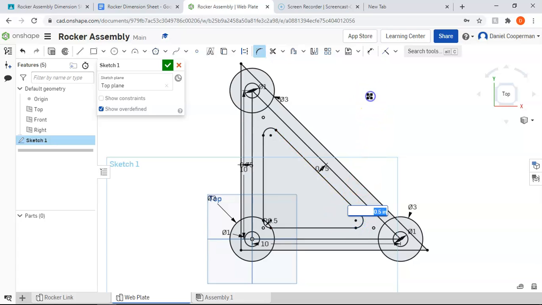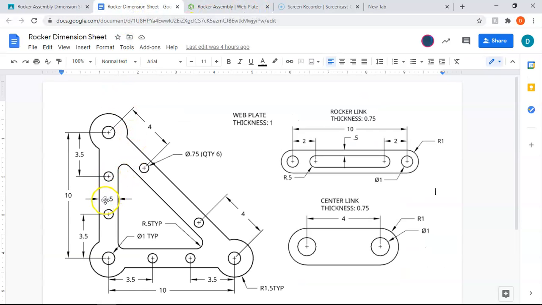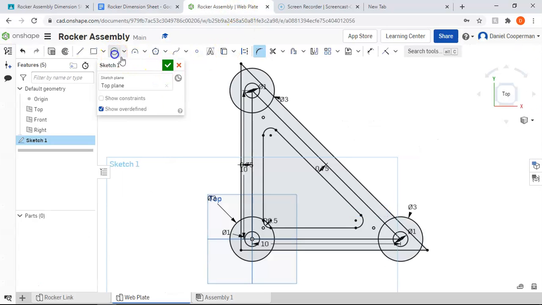Okay. The next thing I'm going to do is add those small circles. I have 1, 2, 3, 4, 5, 6 small circles. Along the legs of the isosceles triangle is 3.5 from the center. Along the hypotenuse, it's 4 from each side. So I'm going to go ahead and add them, and I'm going to draw them directly on top of this